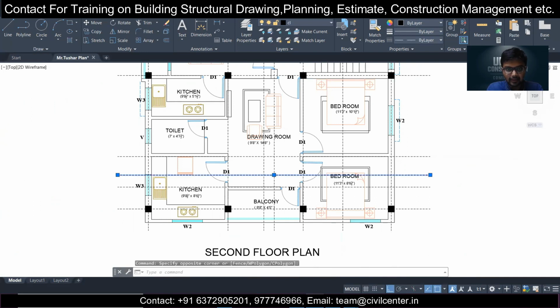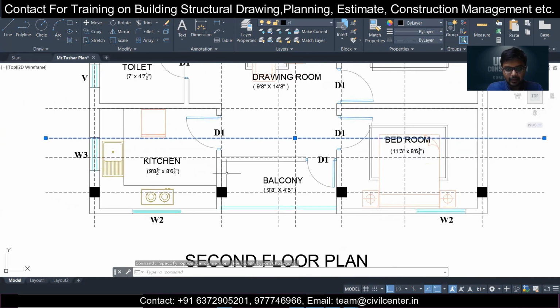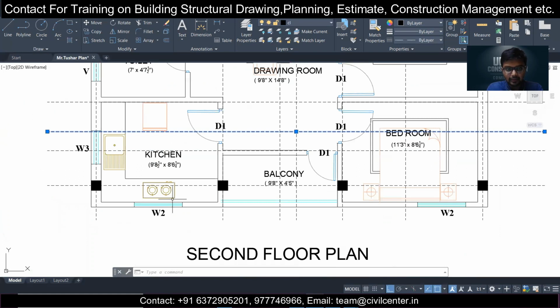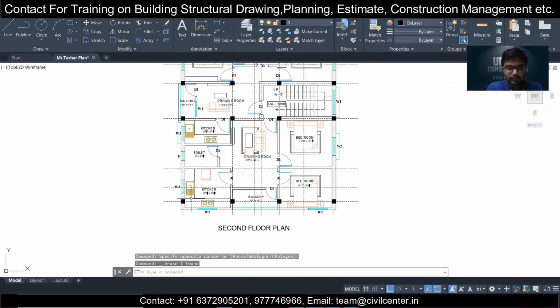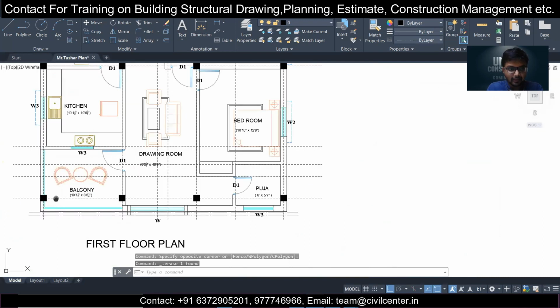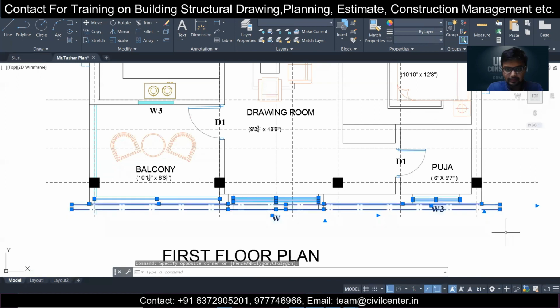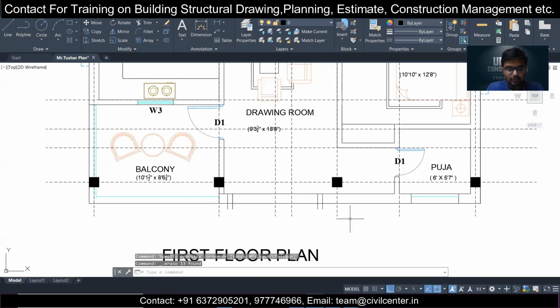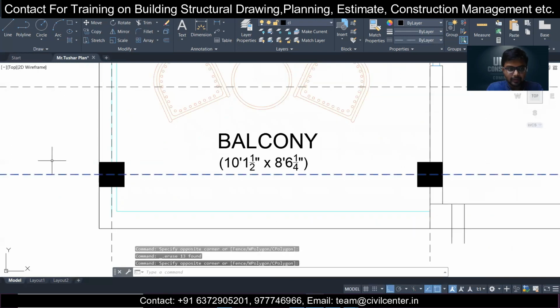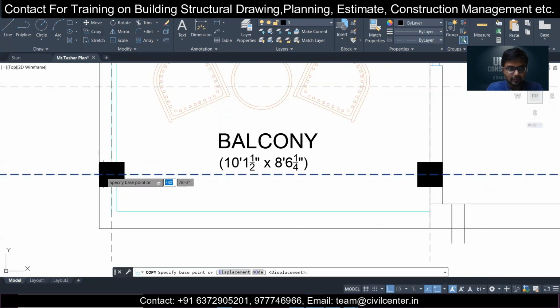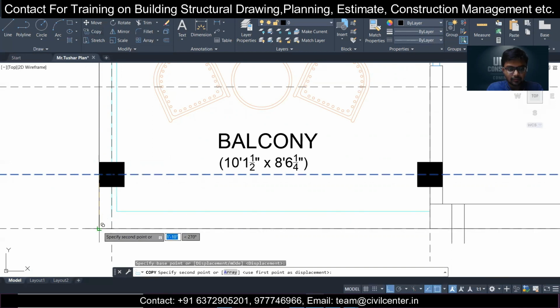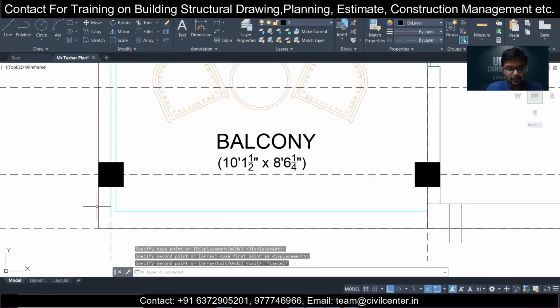Like this one we don't need, okay. And there will be a beam at the end which we have not given here, I suppose. So we should give this. We should give a beam up to here. So if we give a beam up to here, then what will happen